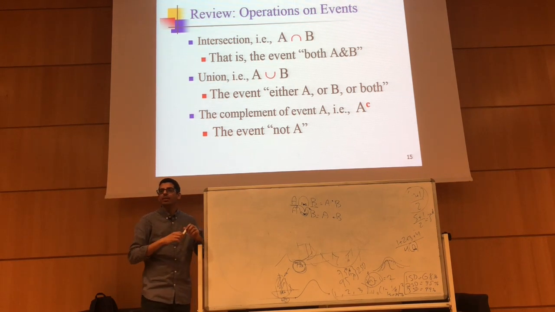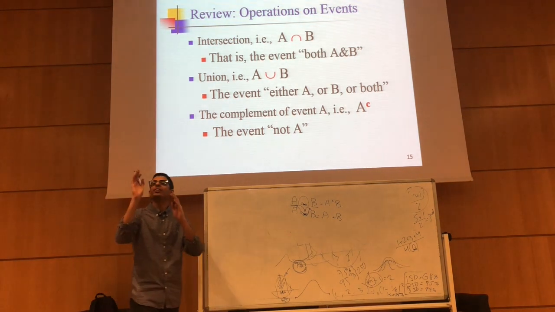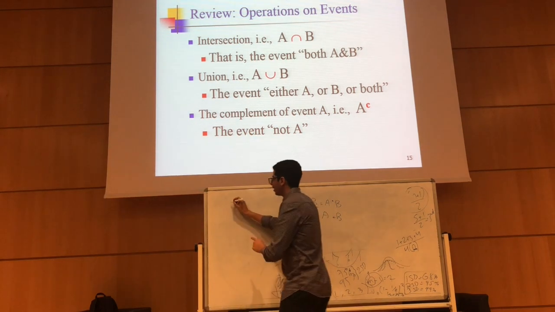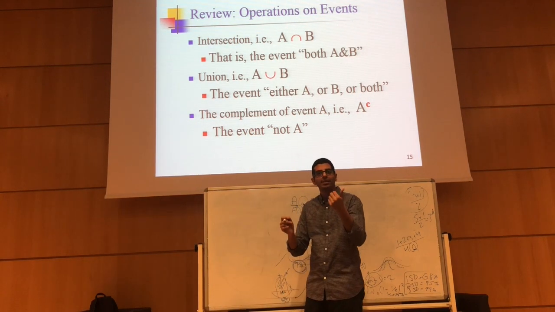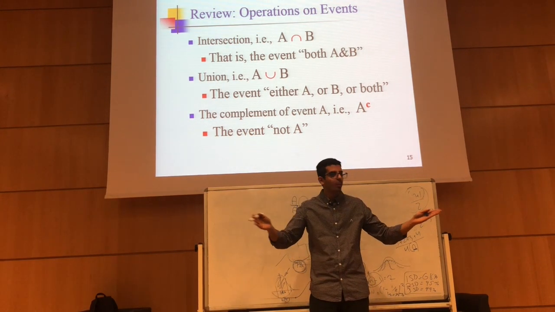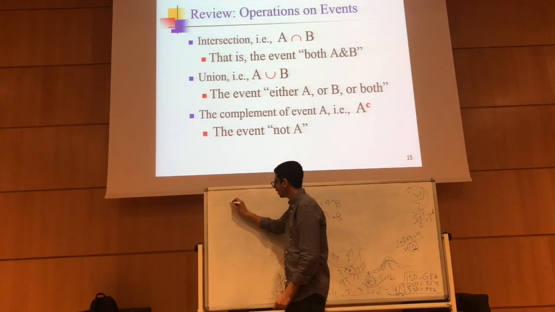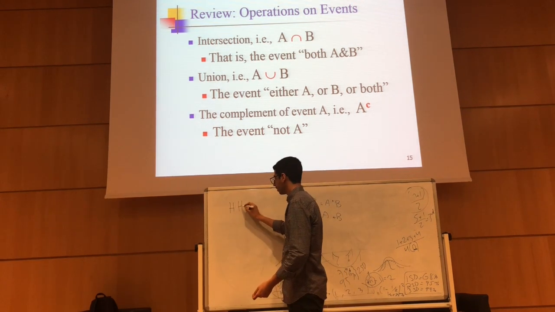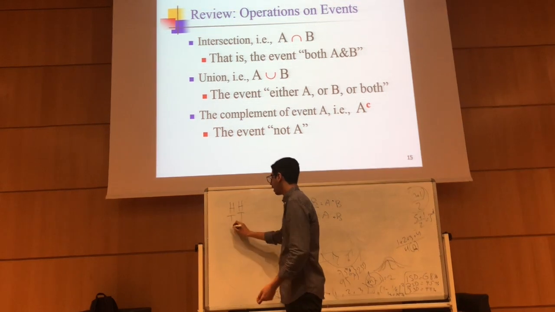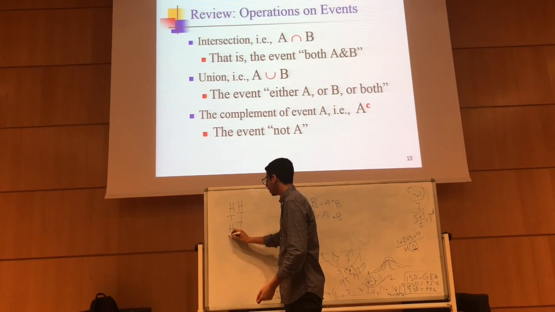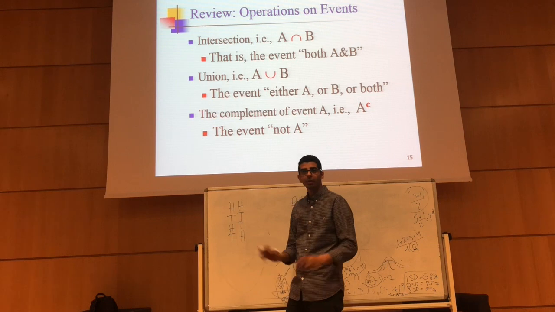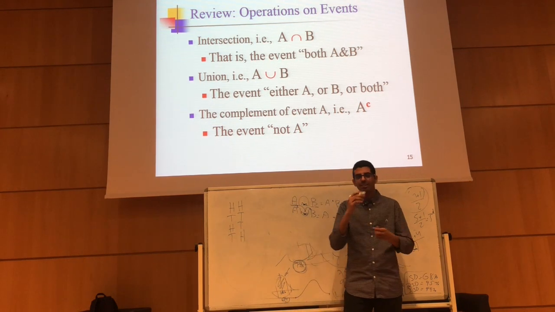The 75, I think. Okay, you'll understand it if I do this. I'm going to flip a coin twice. Let's get the sample space. What is the sample space? All the events. I could get heads, heads. I could get tails, tails. I could get heads, tails. Or I could get tails, heads. Right?